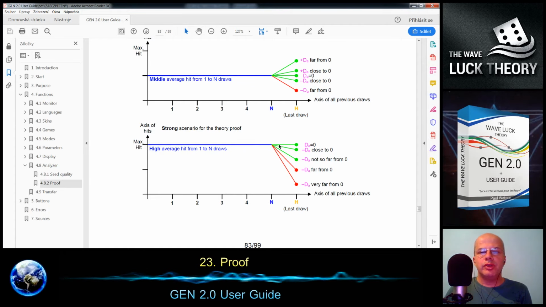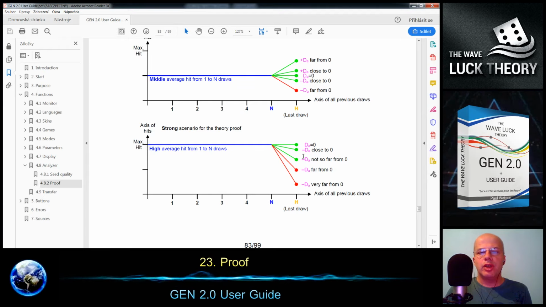But in case it is equal to 0 or not so far from 0, it means, for example, if the number of hits, the average, is equal to 6, and then the deviation is, for example, 1 or 2, dropping 2 levels down, we still have 4 predictions.